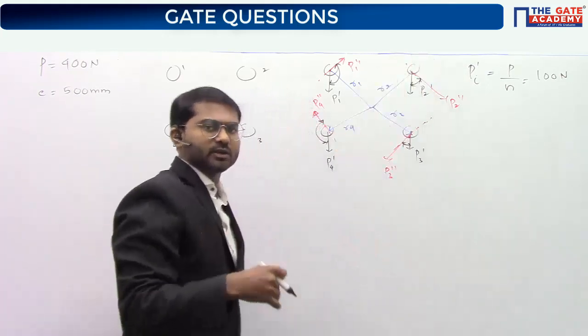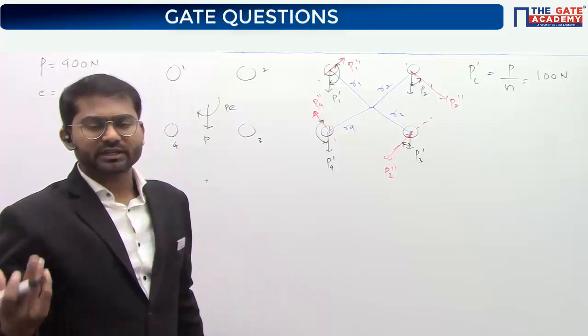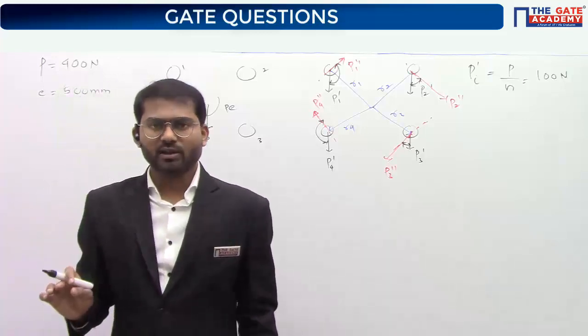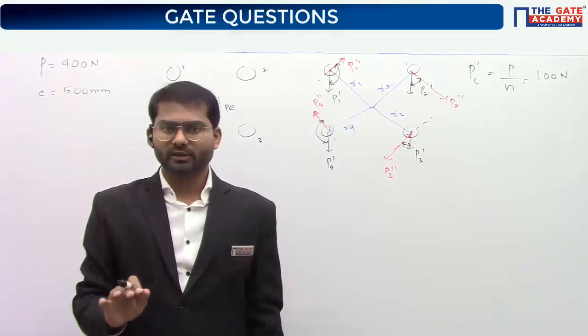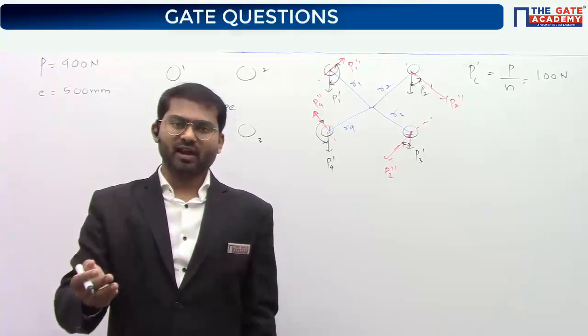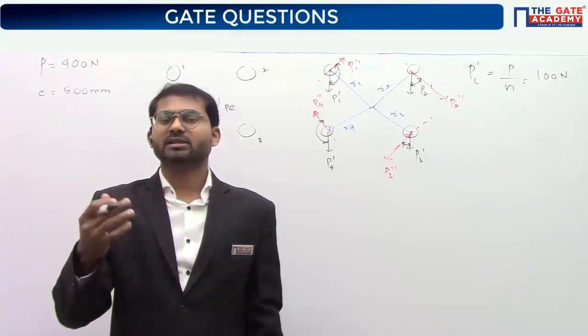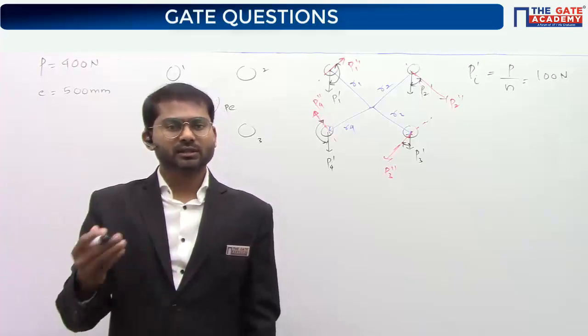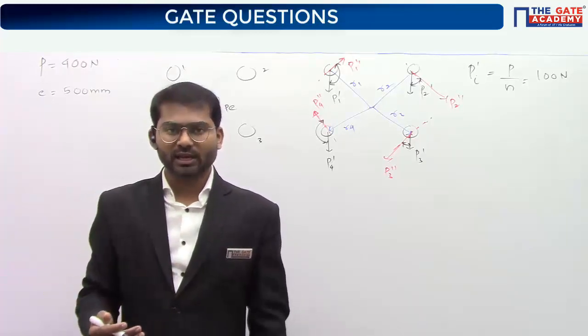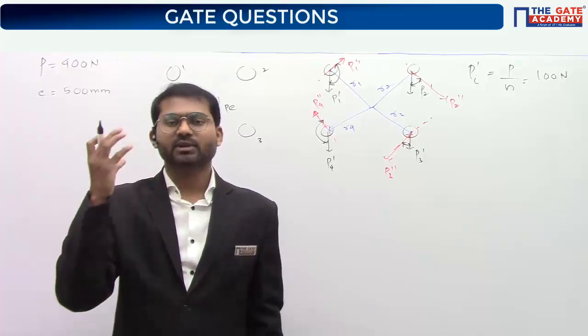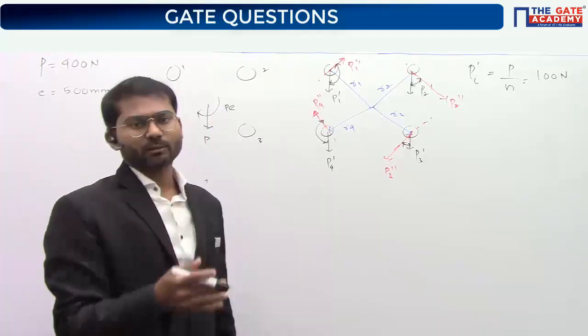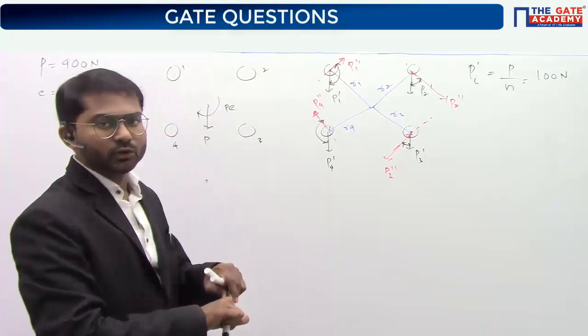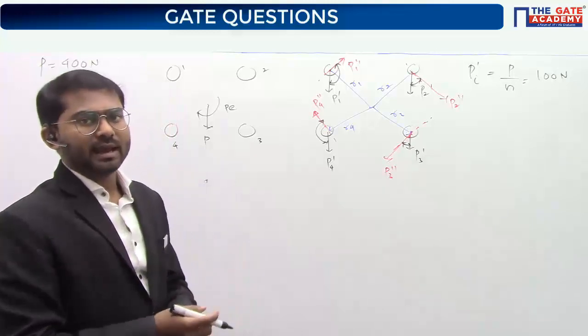So generally it is better to take the lesser angle, because if it is 30 degrees, cos 30 and sin 30 values you know. But if you are taking the larger value, 30 degrees means another way it is 360 minus 30, or 330 degrees. Sin of 330 degrees, cos of 330 degrees, it becomes very difficult for you to do the calculation, and that will take some time. So you should be putting appropriate, correct steps, which can give you the answer fast and accurately.